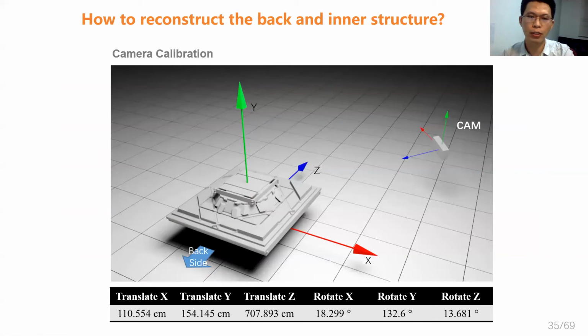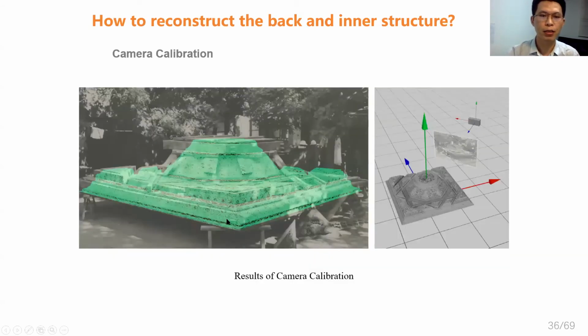The world coordinate 0 point was defined on the geometry center of the bottom side of the ceiling and the z-axis pointing to the front side of the ceiling. The table below shows the calibrated parameters and the camera position and the orientation with respect to the ceiling. This is a calibrated camera view of the scanning data with overlay old photograph. These results will help us check back structure shape and is important to the structure reconstruction.